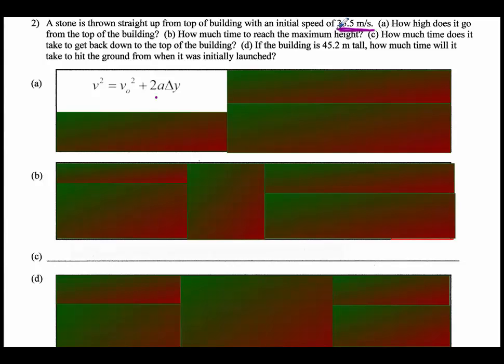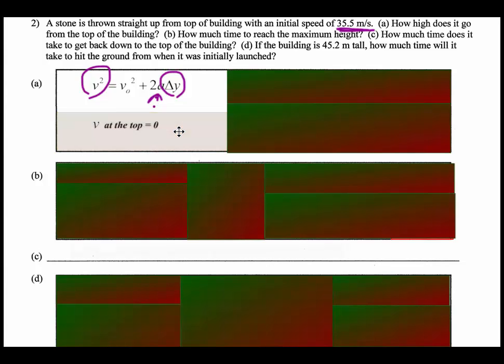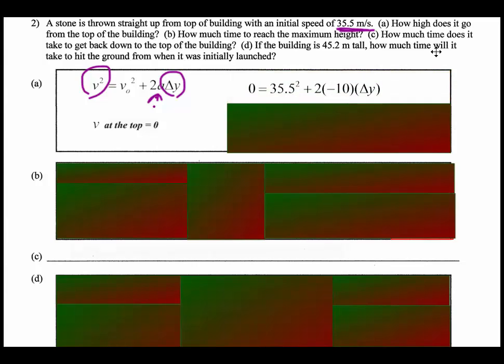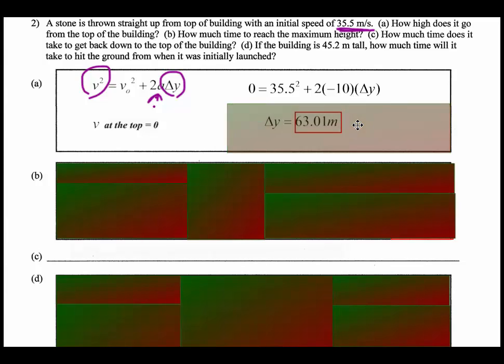If we want to know how high it goes, well, what do we know about this final velocity? At the very highest point, right, it's not going to be moving. We're looking for how high, and of course we know the acceleration of gravity is negative 10. So again, right, velocity at the top is 0. So plugging in our values, we're putting in a positive 35.5, a negative 10 for acceleration, right, getting you